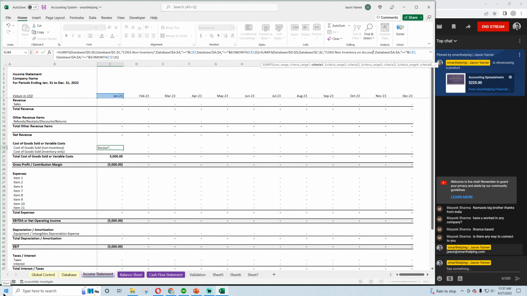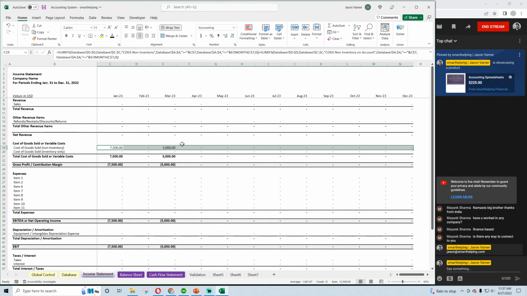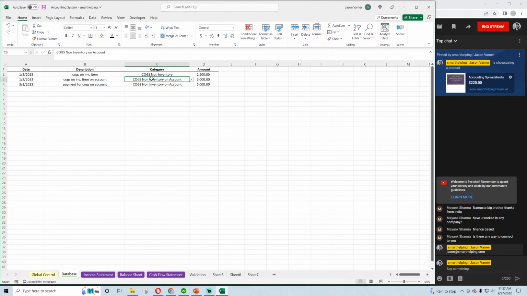So on account, so this is a total cost of goods sold hitting here. Now we have 75 and 5. Oh, this has got to be